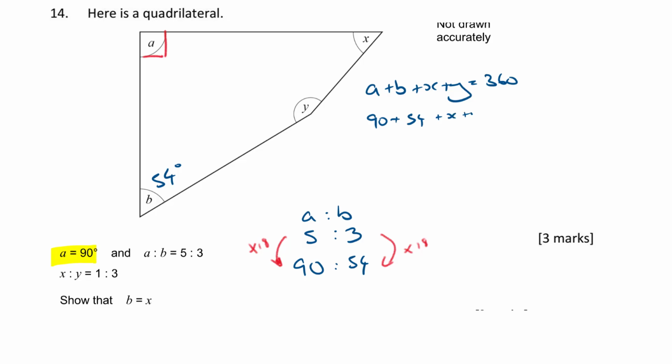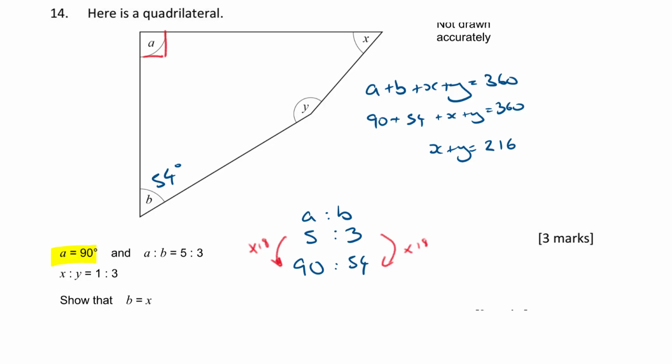So my x plus y then is going to be 360 minus the 90, and then minus the 54. So 360 take away 90 is 270, take away 54 is 216. So I know that between them x plus y is 216,